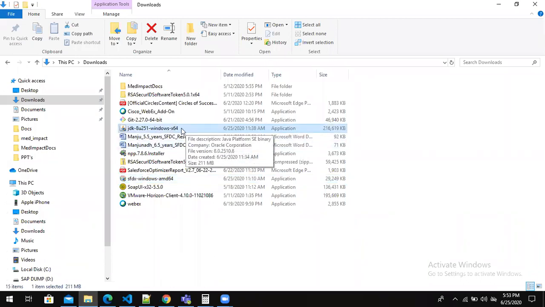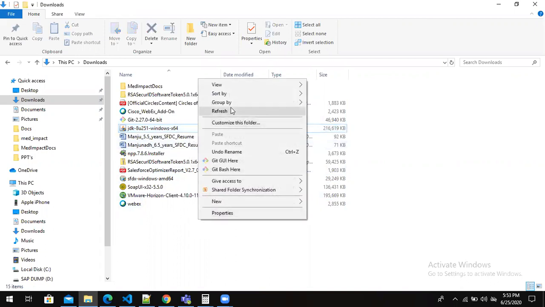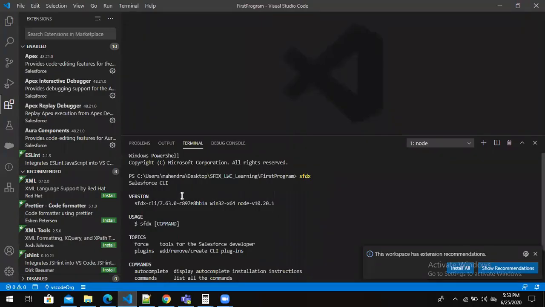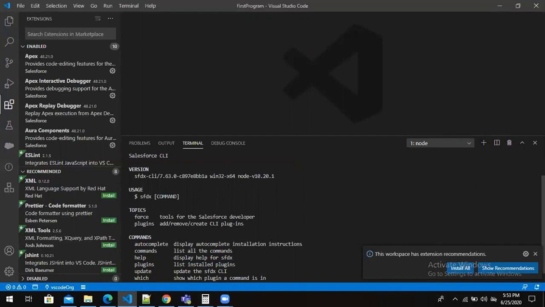Again, the same way we did for the CLI, you just need to double click, and then you'll see a list of windows with next buttons. You can just install it. Once the installation is done, you can go again to your terminal in Visual Studio Code.